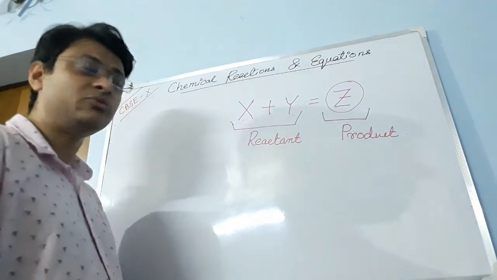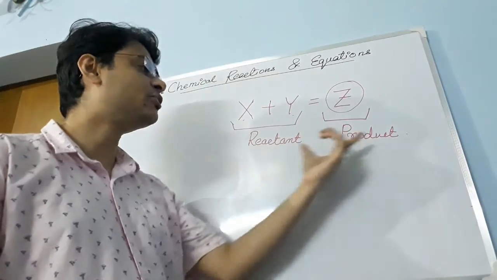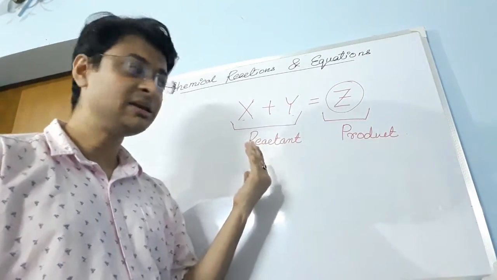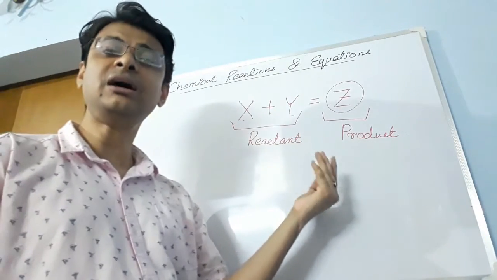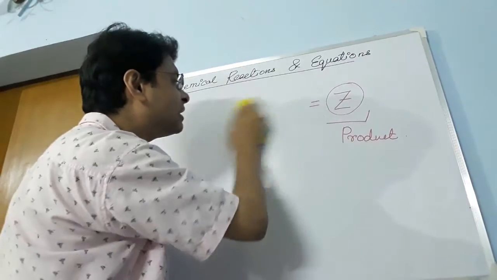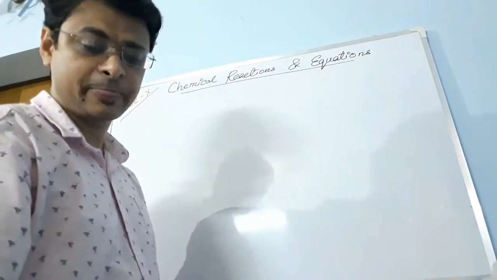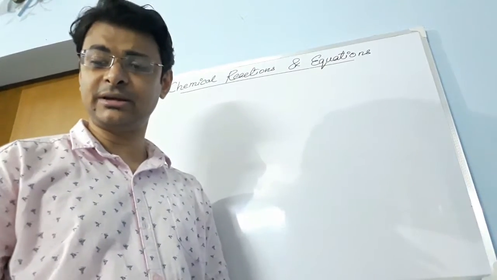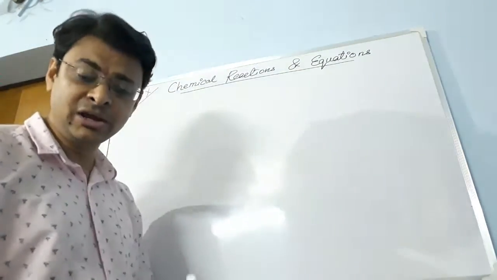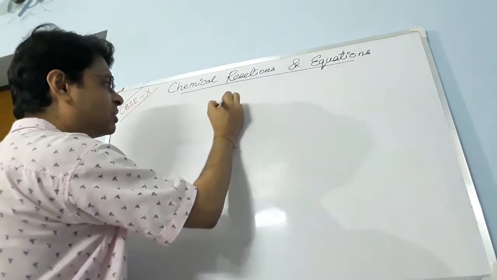So we know the reactants combine together and form the product, and the reactants are kept on the left hand side and the products are kept on the right hand side. Now in a chemical change, some of the observations we see, as per your CBSE syllabus, they have said that if we can identify any of the four observations, like number 1,